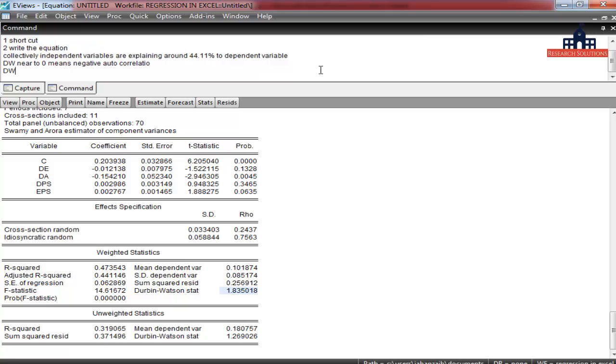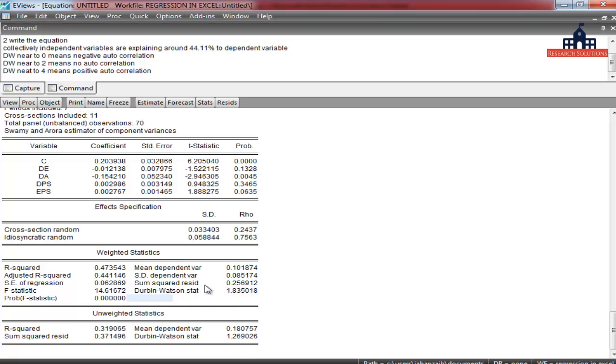If DW is near 2, it means no autocorrelation. And if DW is near 4, it means positive autocorrelation.